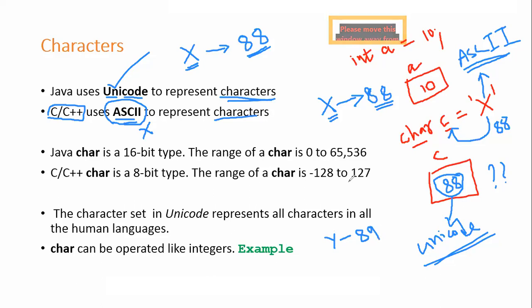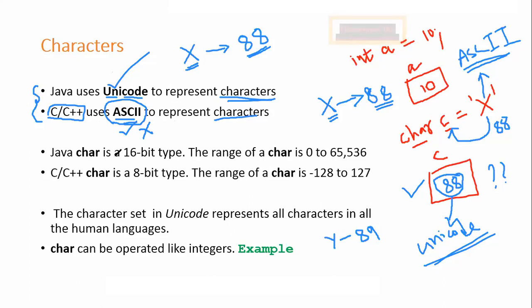The most important thing is we are trying to store a character in a variable. We are not storing the character itself; instead, we store the corresponding Unicode value inside a character variable. This is a very important difference between C++ and Java: C++ represents every character in terms of ASCII values, whereas Java represents every character in terms of Unicode.